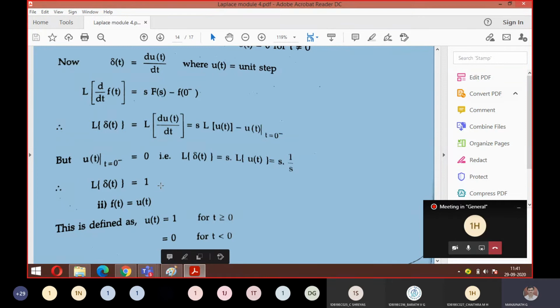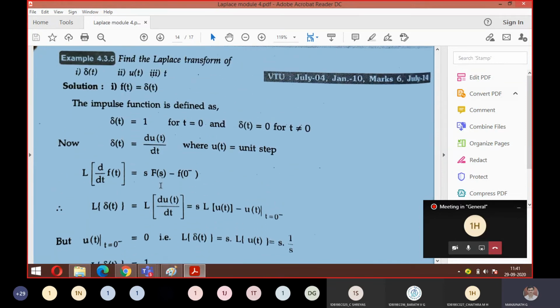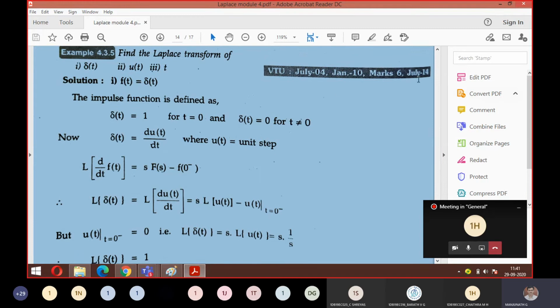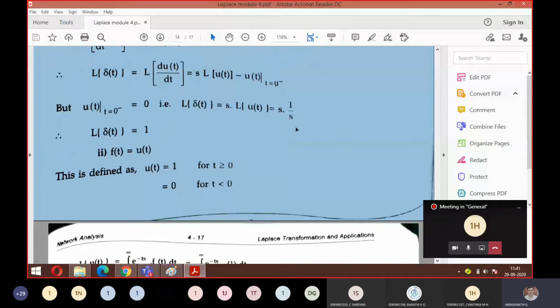Before that, any doubts with this impulse function? See, they will ask impulse, step and ramp functions directly like this. So you can look at the marks also. It will be 6 to 8 marks in total. You can expect 2 marks for each, or sometimes 3 marks. So any doubts with impulse? Shall I move to the next one now? Okay, fine.